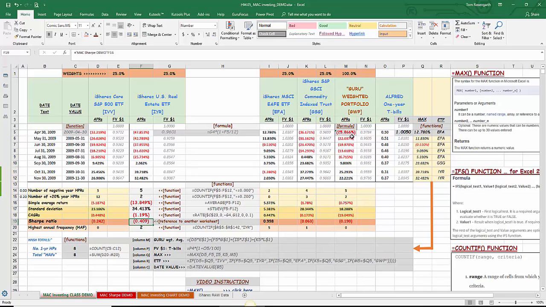The third thing that we did is to calculate the maximum value of each year and what iShares ETF earned that high value rating. And fourth, we calculated a series of metrics for each of the portfolios for the entire